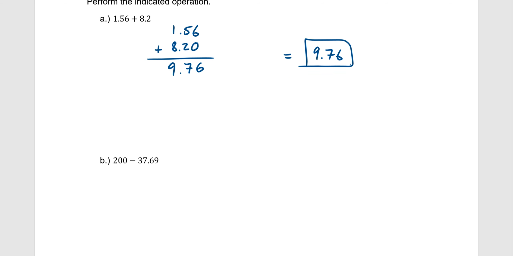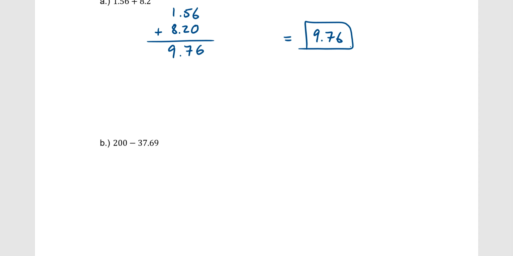Okay, and then for the next one here, 200 minus 37.69. So we do have to remember how to do borrowing, or if we were adding, if we got a number greater than 10, we have to remember how to take care of that. So setting this up, it'd be 200 minus 37.69. And for 200, we can put 0.00 in to line it up correctly. And subtracting this now, starting with the right, just like we just did,